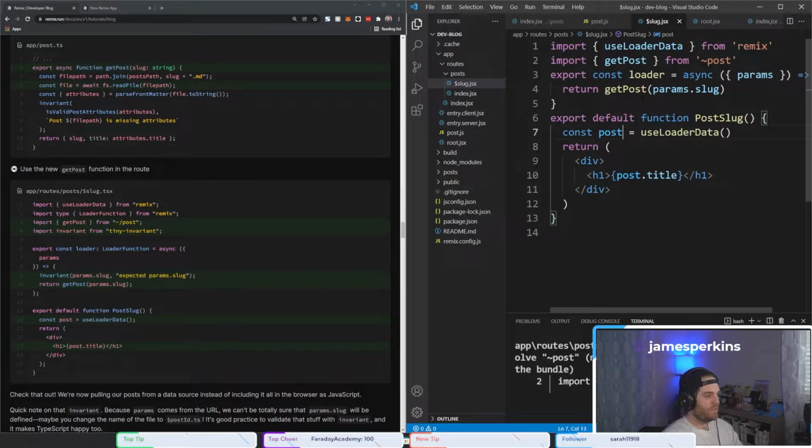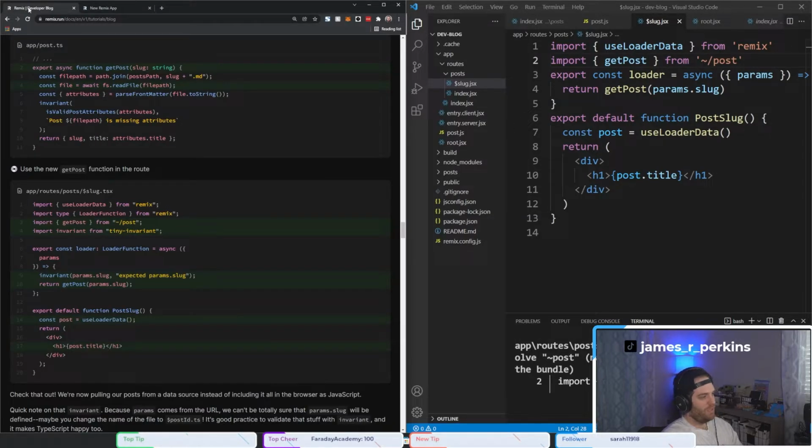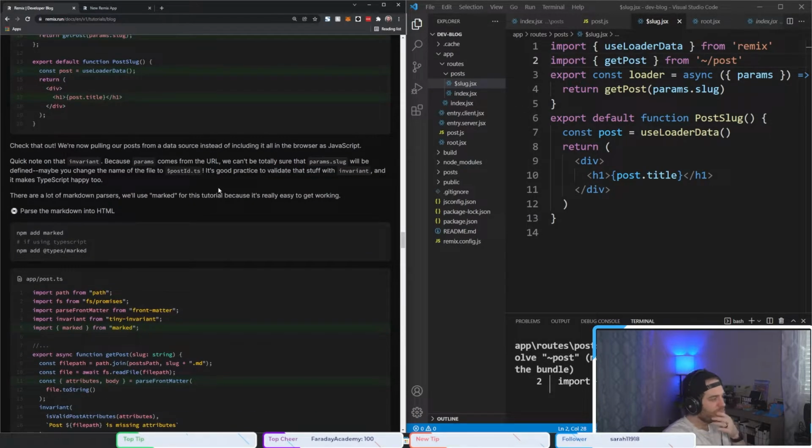Oh, I missed something up here. There's supposed to be a slash. Yeah, that works. Now we get my first post. And then if we go back a screen and click 90s mixtape, it should be 90s mixtape. Perfect. We're getting there. So now we're pulling data from the data source instead of including it all in the